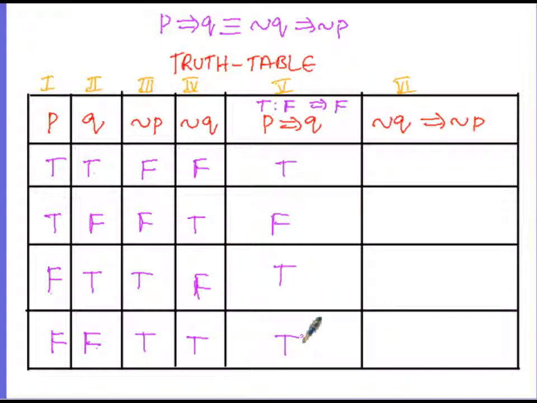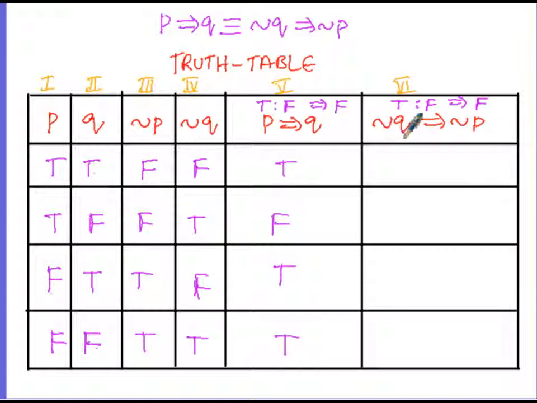Then now, here negation Q implies negation P. Negation Q is in the fourth column and negation P is in the third column. We have to see in a reverse manner. So here it is an implication. In case of an implication, the condition is that a true statement does not imply a false statement. That is, we will be getting false for the implication. So here we have to see in a reverse manner.